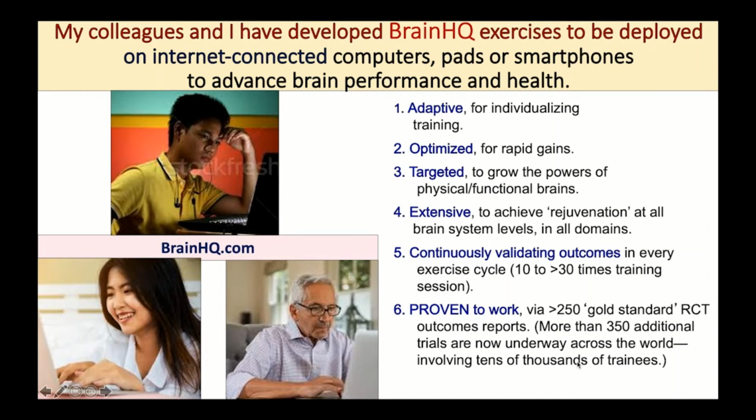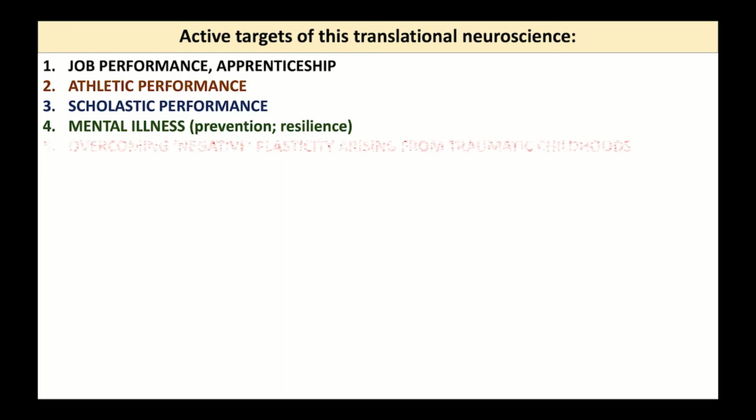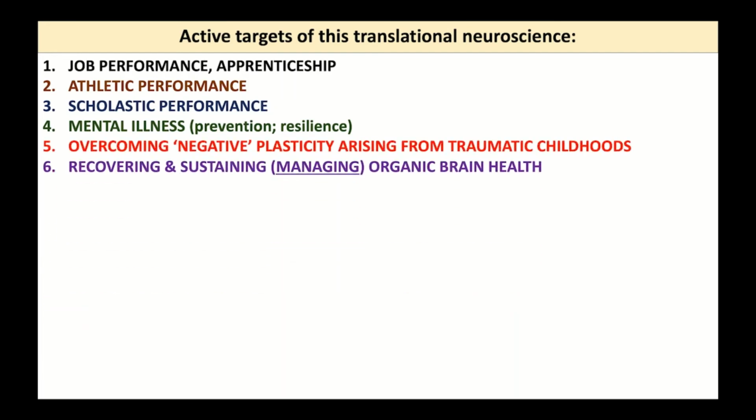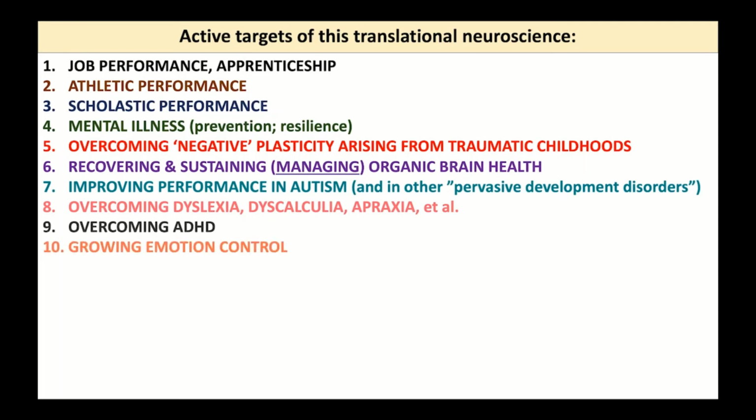And then they're proven to work by hundreds of trials. Hundreds of studies have been conducted across the world. Active targets in translational research include brain performance, apprenticeship, athletic performance, scholastic performance, mental illness, overcoming negative plasticity arising from traumatic childhoods, recovery and sustaining organic health, improving performance when the brain has an inherited problem like autism or other pervasive developmental disorders, overcoming dyslexia, dyscalculia, apraxia, a whole series of things like this, overcoming ADHD,